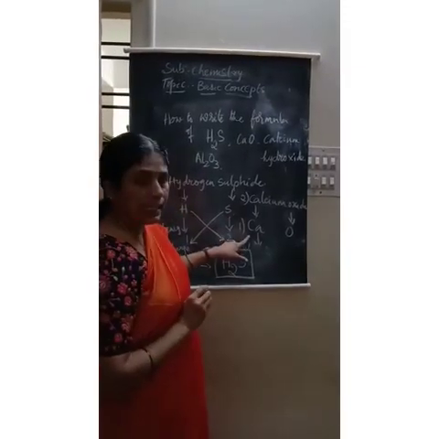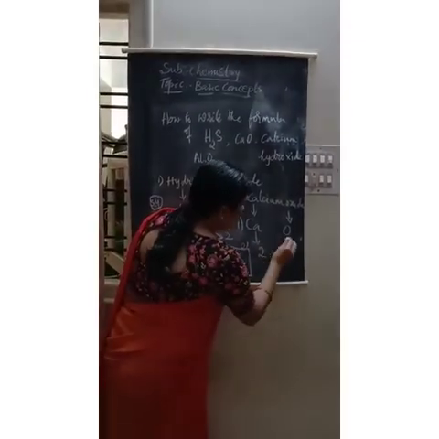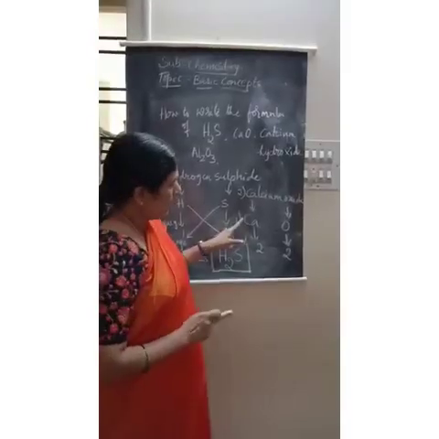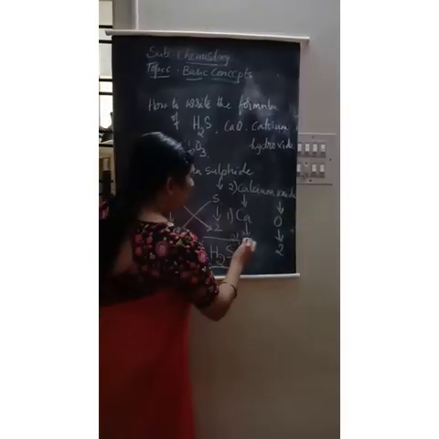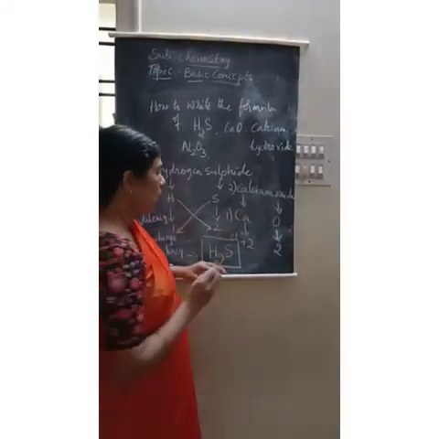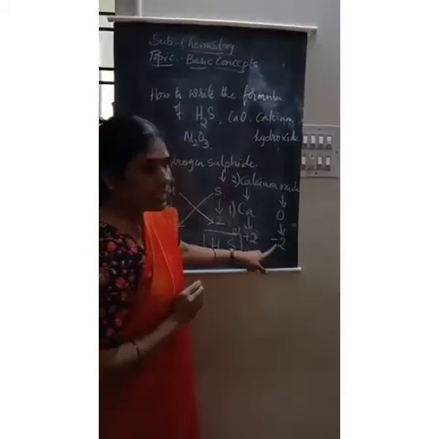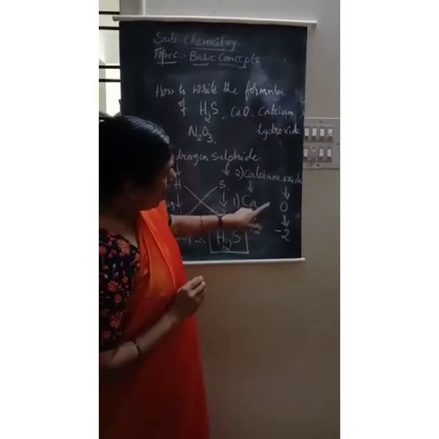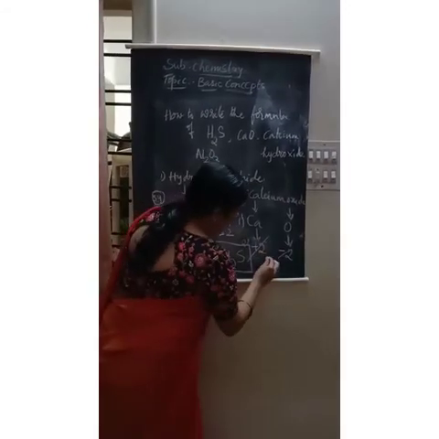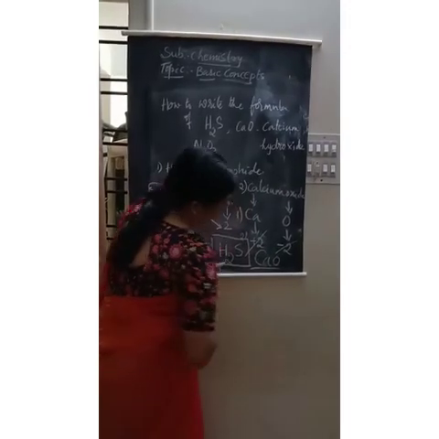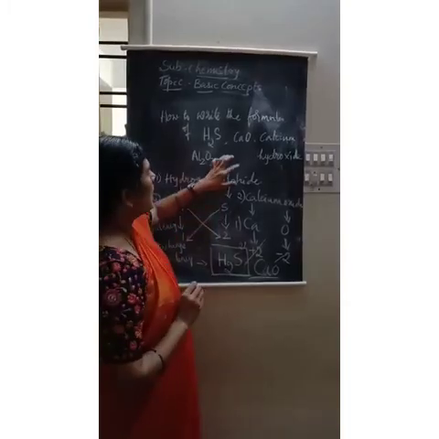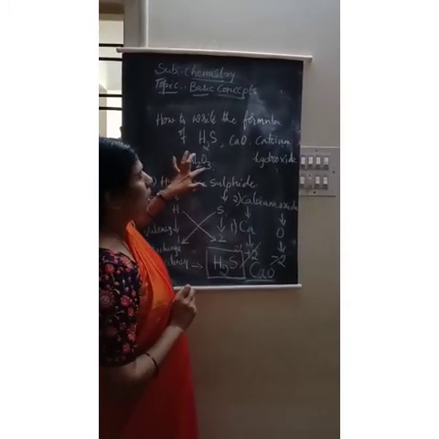What is the calcium valency? 2, children. What is the oxygen valency? 2. Here neglect the sign, children. Calcium is a metal, ready to donate 2 electrons so that it acquires positive charge. Oxygen is a non-metal, ready to accept electrons so that the charge is negative. Calcium plus 2 and oxygen minus 2 get cancelled. What is the correct formula of calcium oxide? CaO. Now let us consider another example, aluminium oxide. Will you try at home?